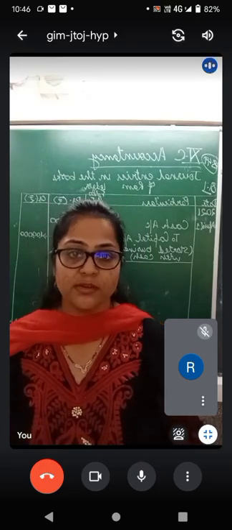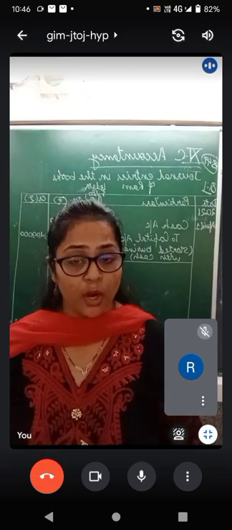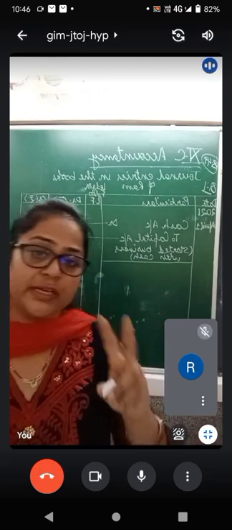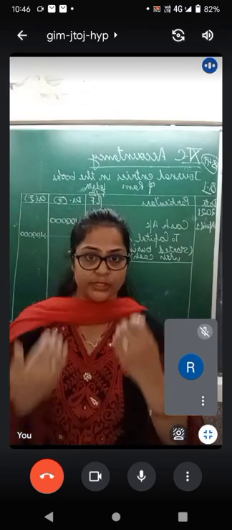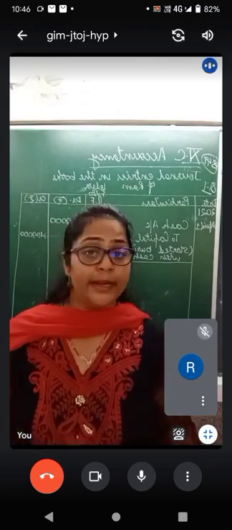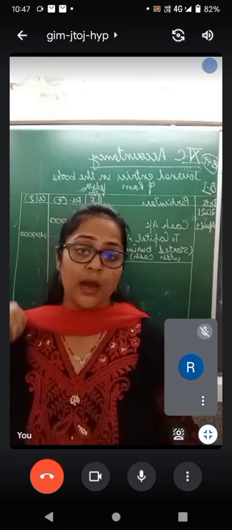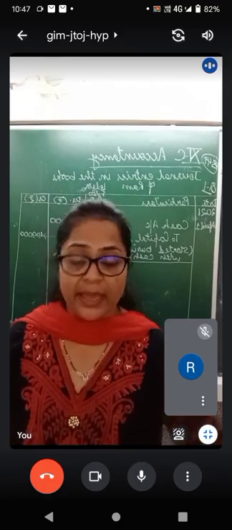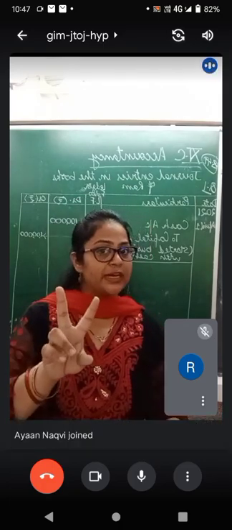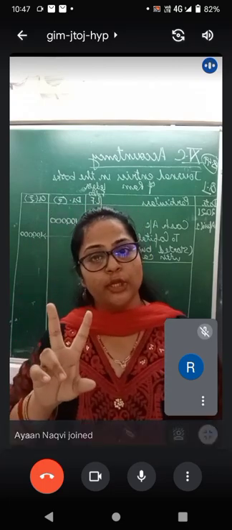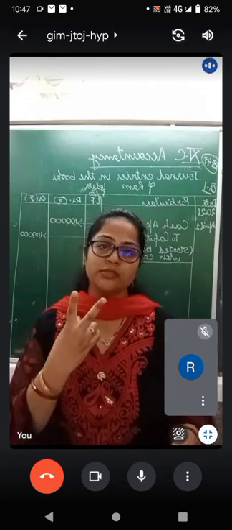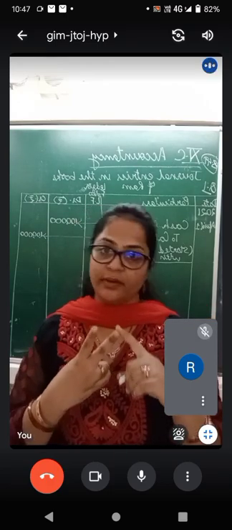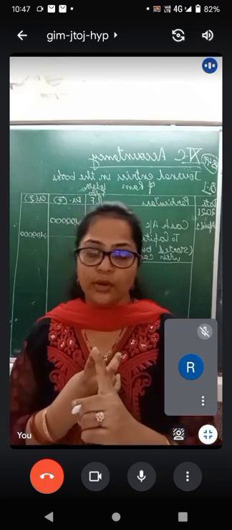Goods purchased for cash. For this you will always write purchase account debit. What are the two accounts which are affected? You have made purchases, meaning purchases will come in. And what have you paid? It is not on credit, it is on cash basis. Yes, we have paid money and purchased goods. So cash account is credited. Cash is going out. Step number 1 is to find out the two accounts which are affected. One is purchase and the other is cash. Cash is a real account. Purchase is also a real account.